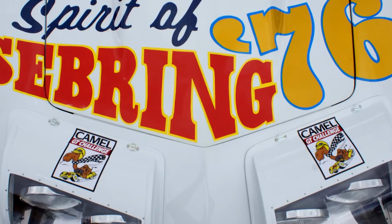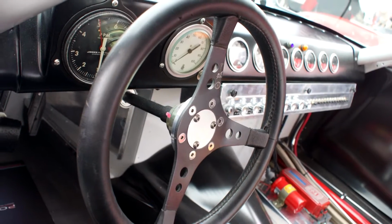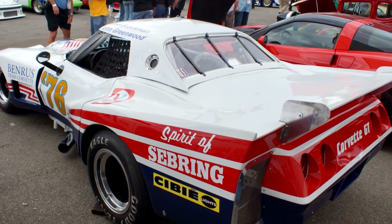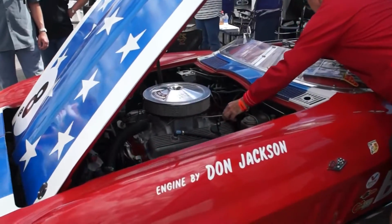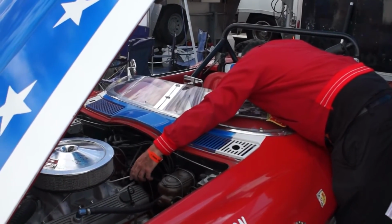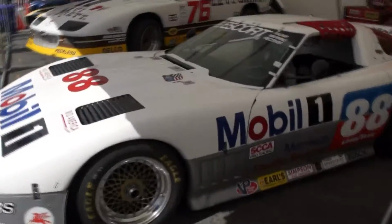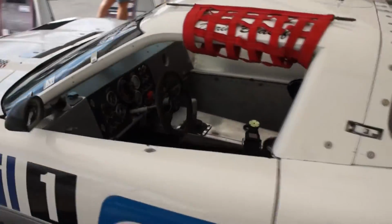Steve also owns the Spirit of Le Mans 76. Because in 76, John was invited to bring a car back to Le Mans. It was after the fuel crisis. There was a bit of a recession going on. Le Mans organizers really wanted some American iron there to draw the crowds. And nobody drew a crowd like John. So it went to Le Mans, and to meet FIA GT regulations,